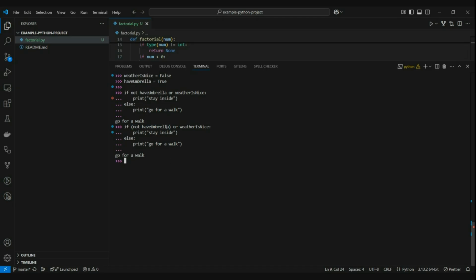If I don't have an umbrella or if the weather is nice, this should get executed. Have umbrella is true, so this becomes false, or weather is nice is also false. So this statement will not go in because this evaluates to false and this evaluates to false again. So false or false will become false totally. So this statement gets executed. Go for a walk. If I change one condition here,